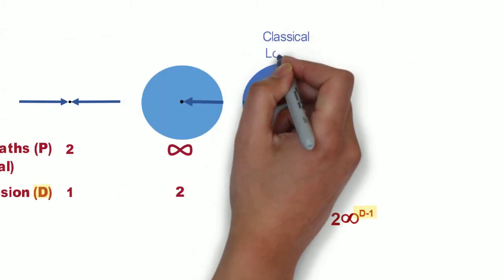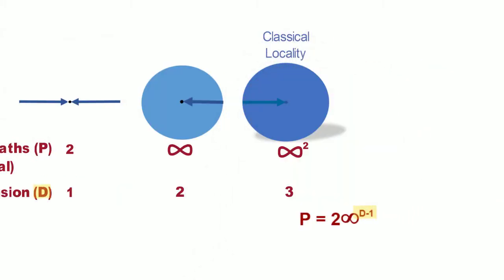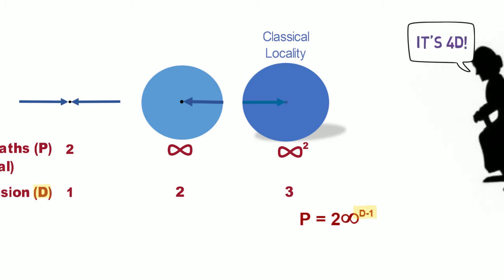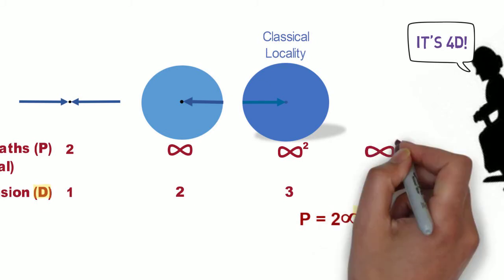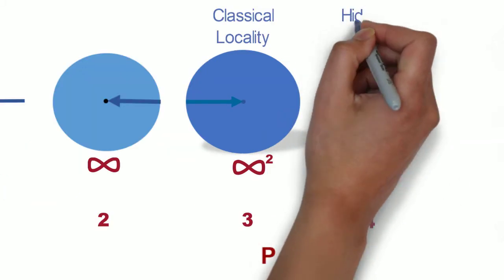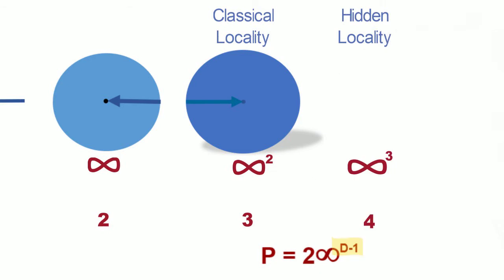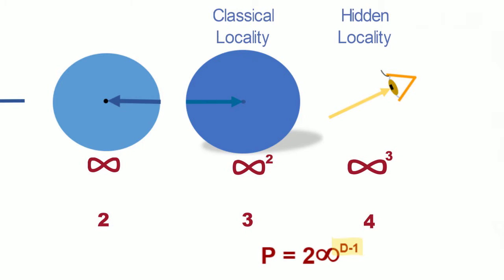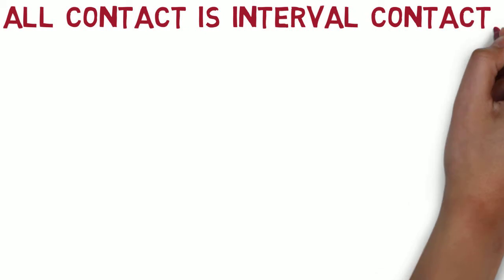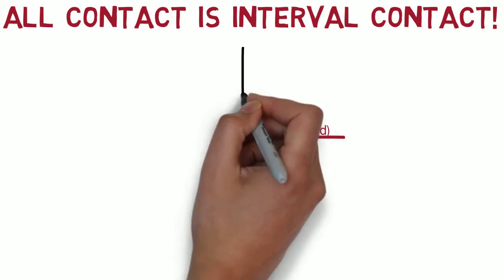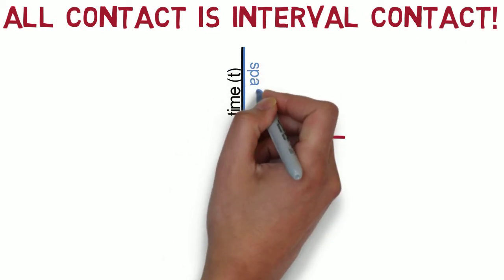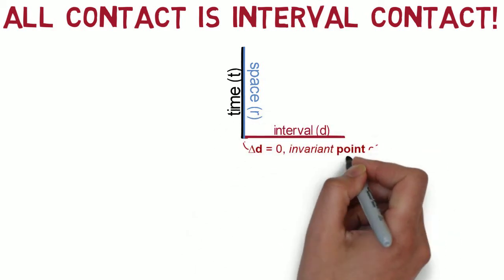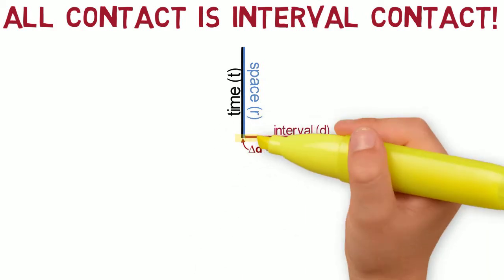A sphere encompasses all radial paths to classical 3D contact with its center at any given moment. But there are 4 dimensions, which means that for each classical path in 3D, there must be an infinite number of additional contact paths. Where are they? You're looking at some now, as light. Fixed will now make contact clearer than ever before. All contact is interval contact, an invariant interval separation of zero span. While different observers may disagree on its coordinates, all agree any point of contact is a single point.